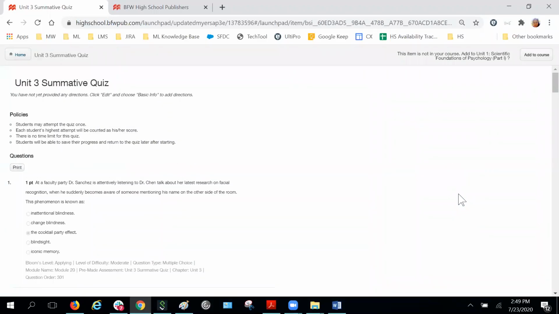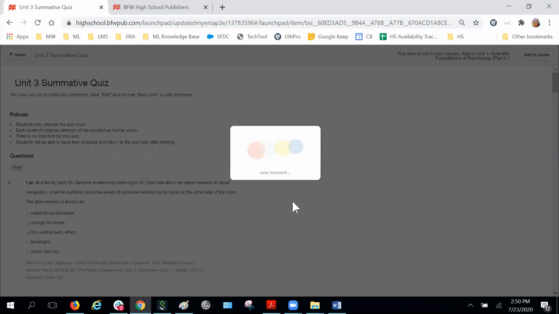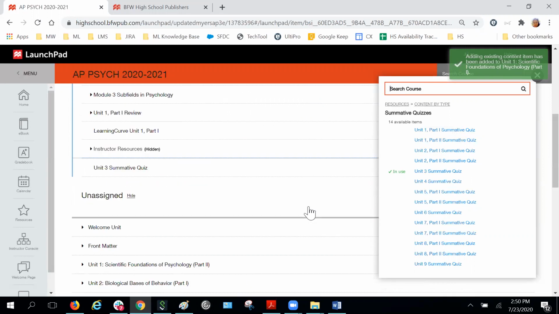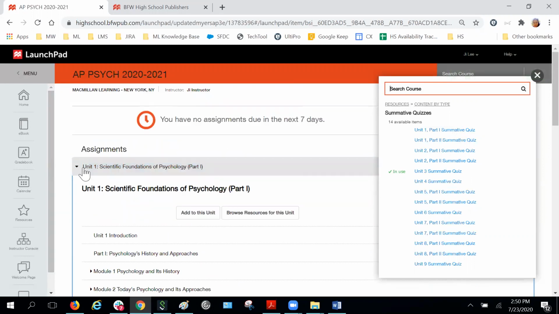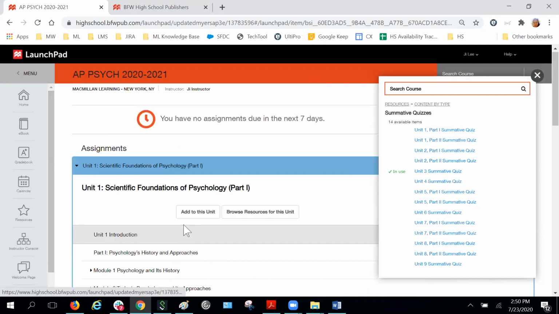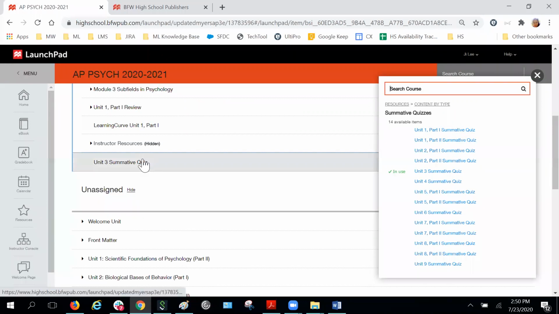So if I want to add this to my course, all I have to do is click on Add to Course, click on OK, and this will add my Unit 3 summative quiz to my LaunchPad course. But here's the thing, you'll notice because I was expanded in Unit 1, it placed that Unit 3 summative quiz there. Because I had made this mistake, I can certainly drag and drop this to the appropriate unit it's supposed